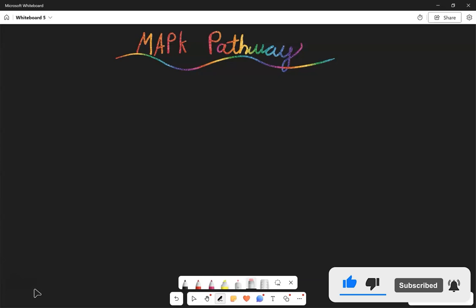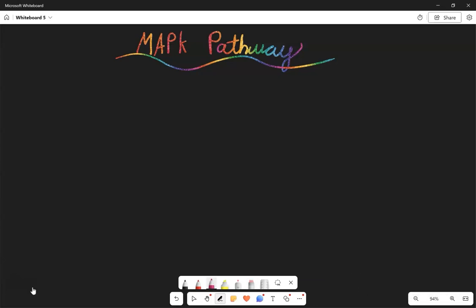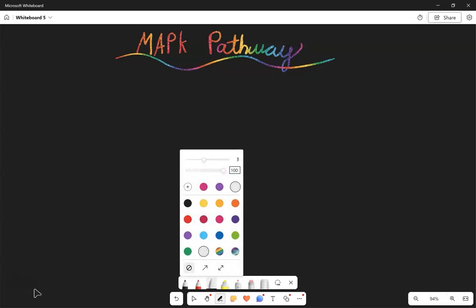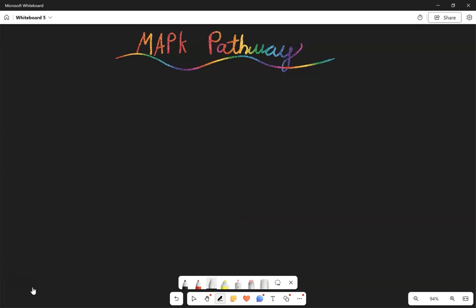Here we're going to talk about the MAPK pathway, which in my opinion is one of the more complex pathways. MAPK stands for mitogen activated protein kinase. And a mitogen is any sort of signaling molecule that is going to lead to cell proliferation or cell division. Okay, so this MAPK pathway, this mitogen activated protein kinase pathway, is incredibly important for those interested in studying cancer,